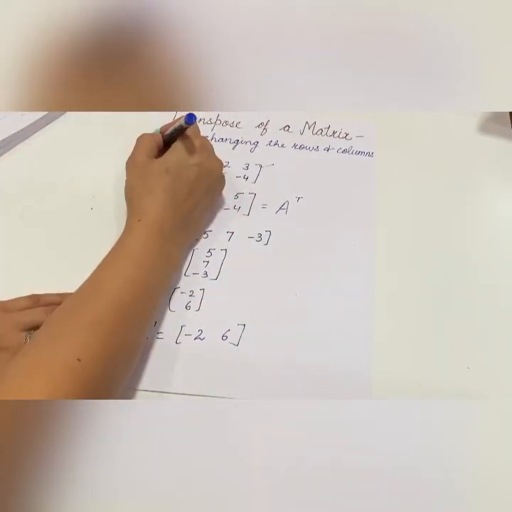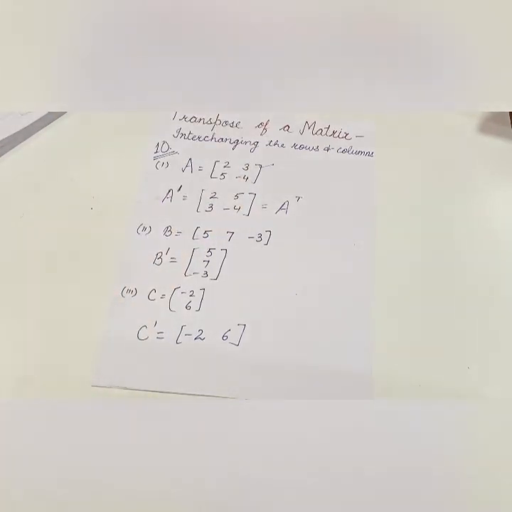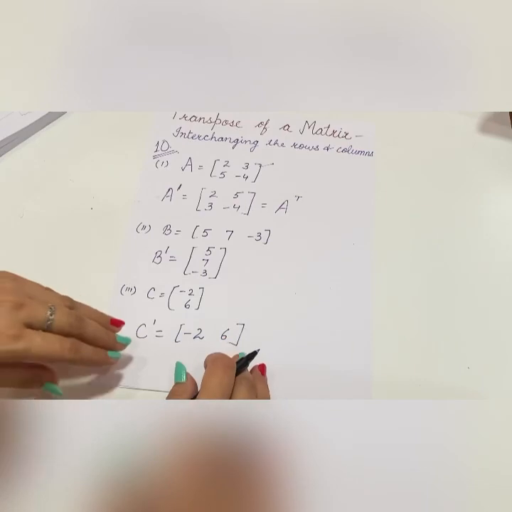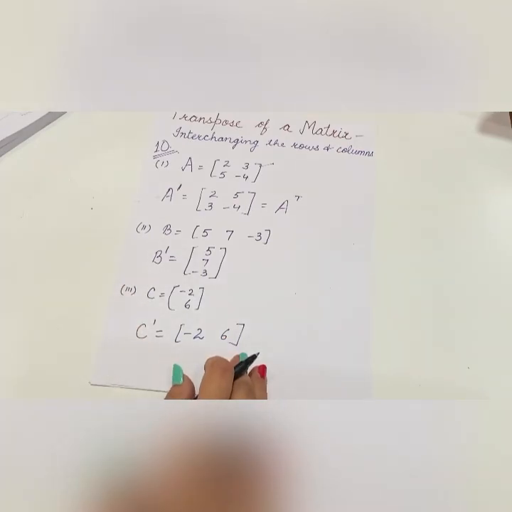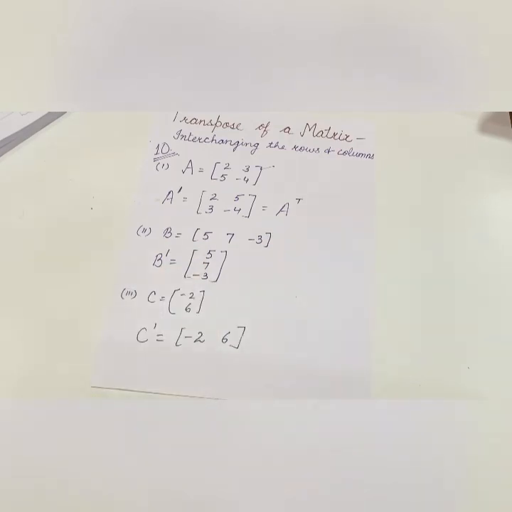Children, this is the last question of the exercise, question number 10. So the first thing is you will go through the theory, whatever explanation is given at the beginning of the chapter. Please go through that explanation part, the types of matrices, comparable, equal matrices, and try this exercise 9A. Completely try this exercise, right?